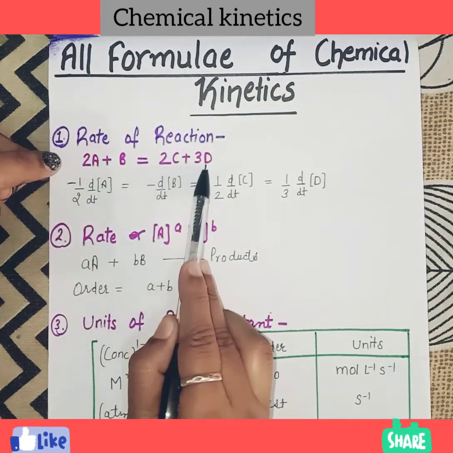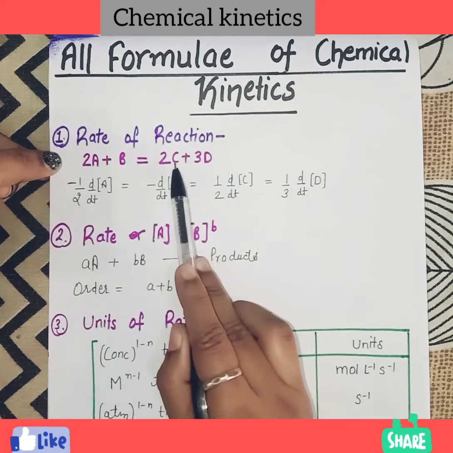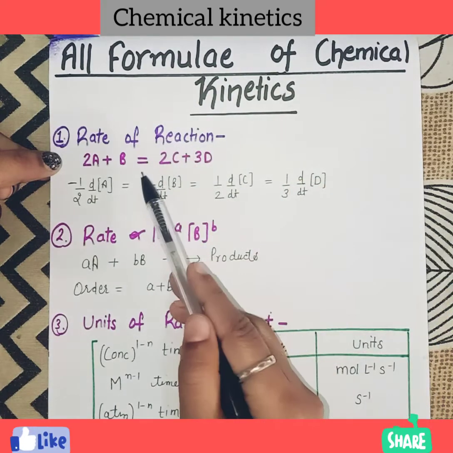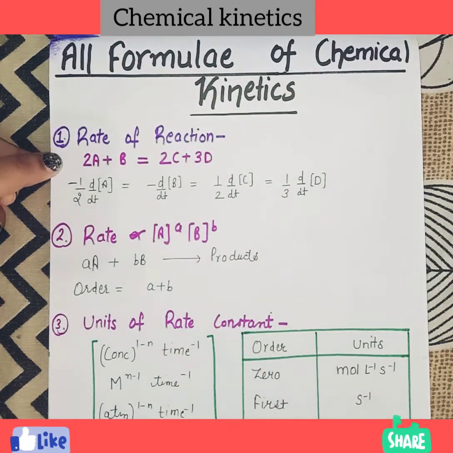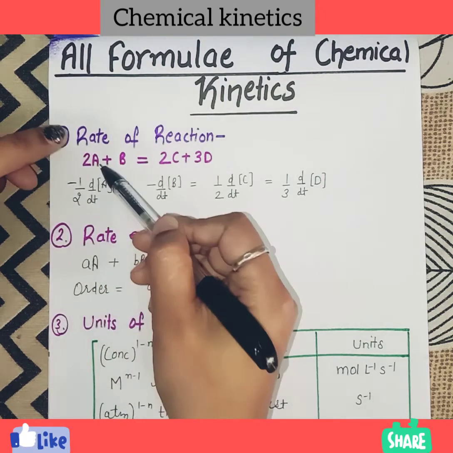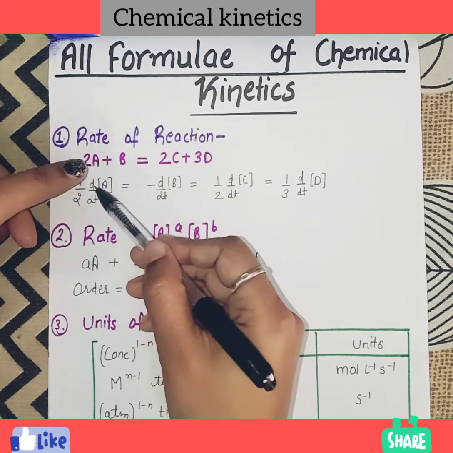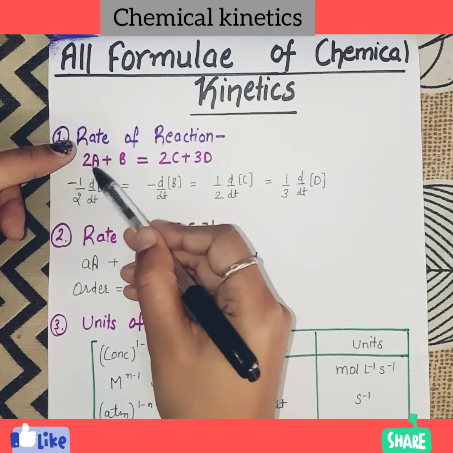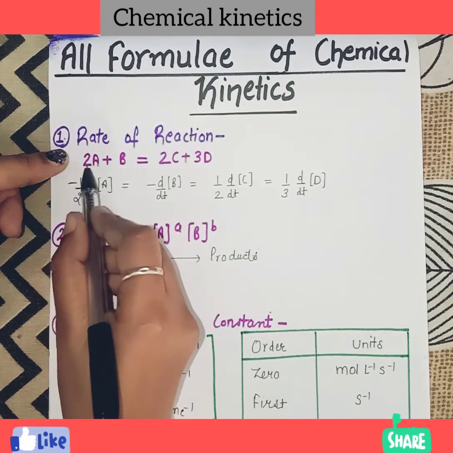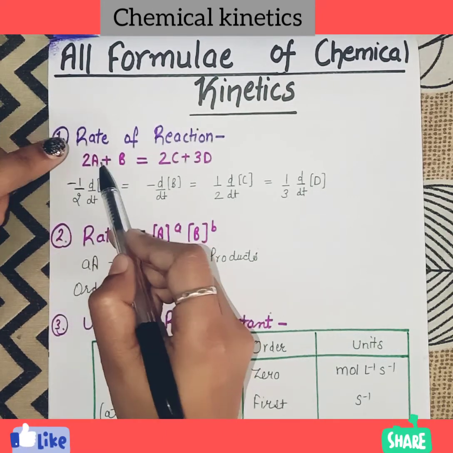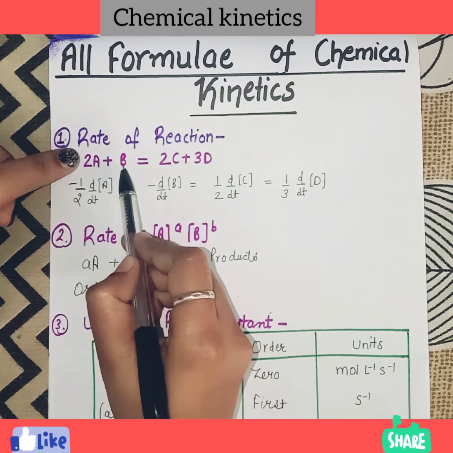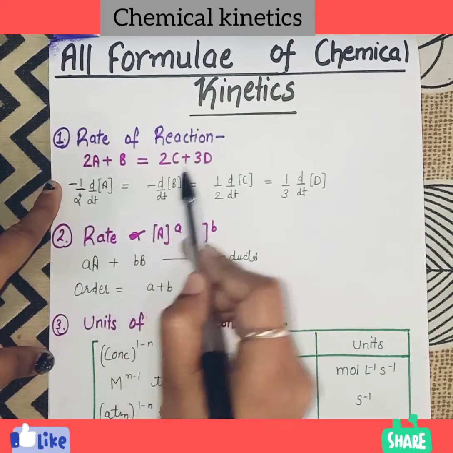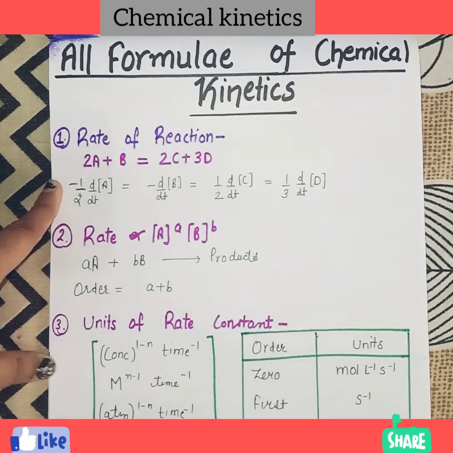Suppose this is a reaction. A and B are reactants and C and D are products. So its rate is written in this way, that rate of formation of products is equal to rate of disappearance of reactants. Here A is reactant, so rate of reaction is d upon dt, concentration of A, and the coefficient is taken as reciprocal of this coefficient and negative sign, because reactants concentration decreases as product is formed. So before reactants there is negative sign and before products there is positive sign.